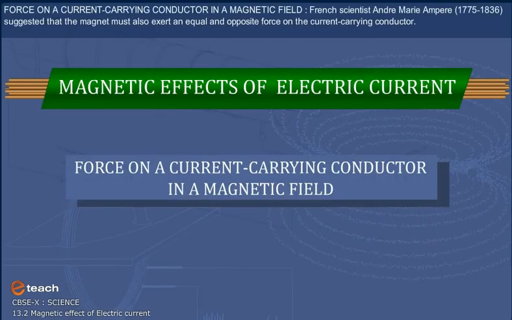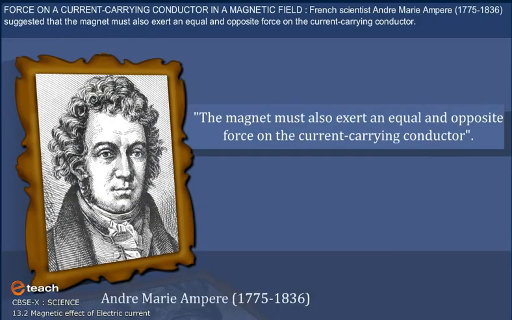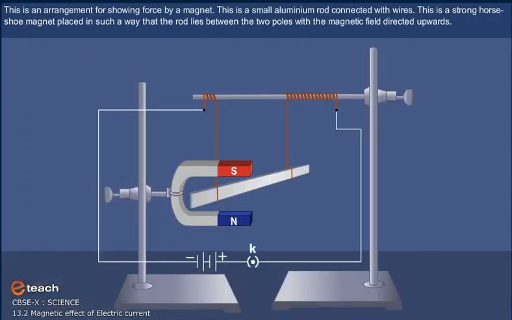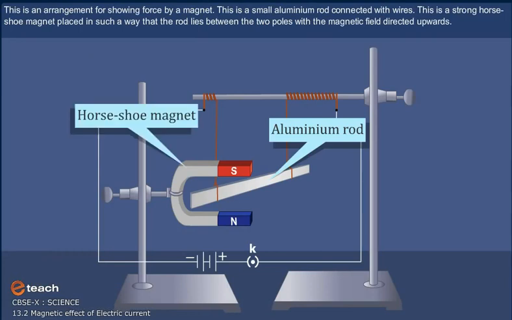Force on a current-carrying conductor in a magnetic field. French scientist André Marie Ampère, from 1775 to 1836, suggested that the magnet must also exert an equal and opposite force on the current carrying conductor. This is an arrangement for showing force by a magnet. This is a small aluminum rod connected with wires. This is a strong horseshoe magnet placed in such a way that the rod lies between the two poles with